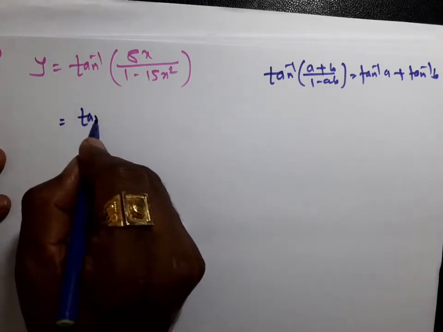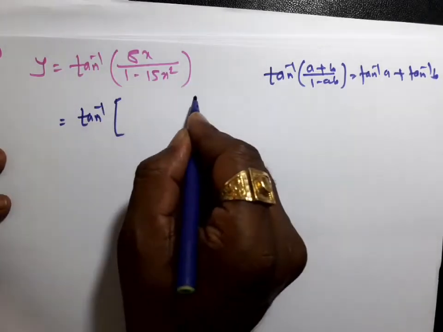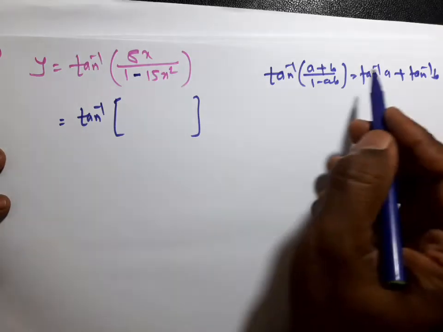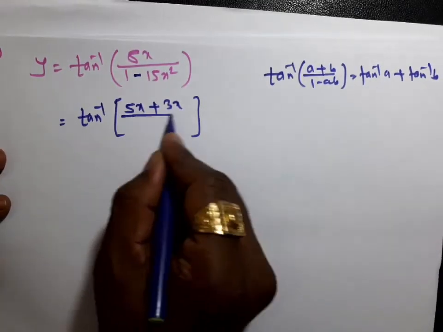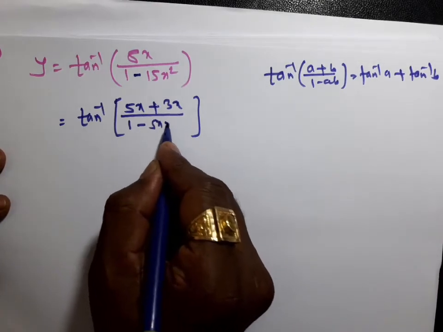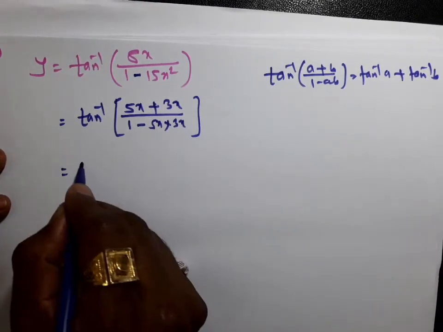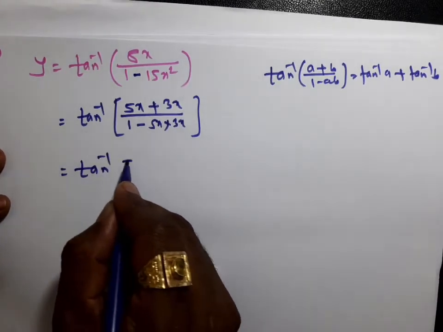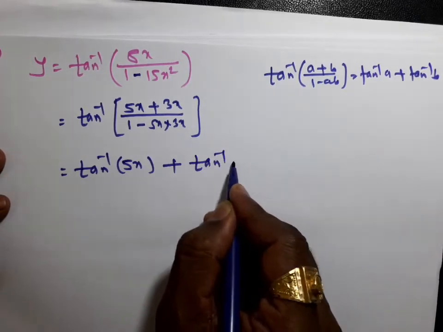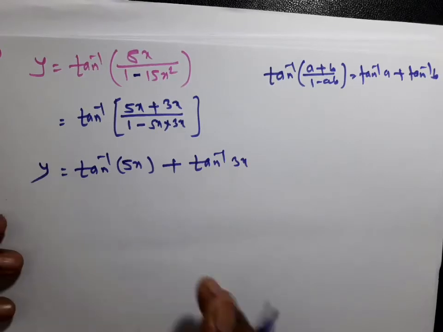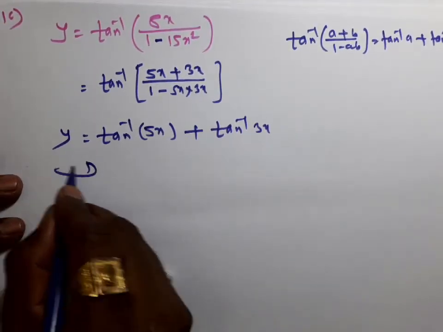So this will be expressed in terms of, here is a minus sign, that's why the numerator is an addition: 5x plus 3x upon 1 minus 5x into 3x, and by this formula it will be tan inverse 5x plus tan inverse 3x, and therefore differentiate